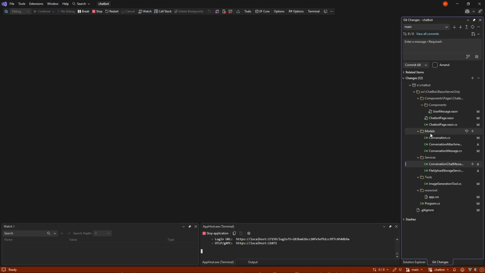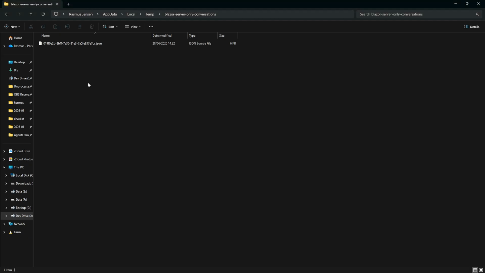Because we had our models with conversation and conversation messages, and inside those messages were the raw message, the chat message that Agent Framework uses directly. And that was okay until now because we wanted to save every single little thing we sent along to the LLM. But now that we're sending images, these JSON files down here were beginning to become rather big because they had the base64 version of the image. And I don't think that's a good way.